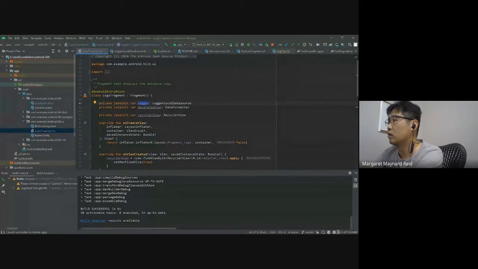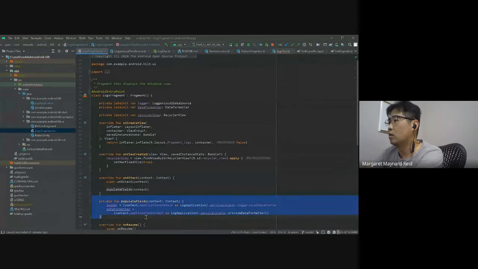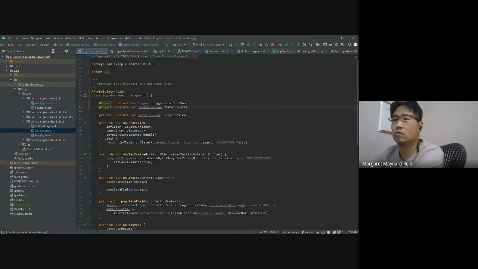Here in this fragment, we are grabbing logger and date formatter from the service locator. So the instructions say change it to inject. Okay. And then date formatter is also inject. So logger and date formatter. Okay. And then